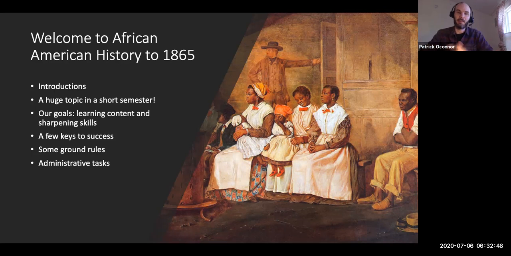And in the process of their enslavement, African Americans created a distinct culture, a culture that had not existed before in world history, and that is continuing to be central to the American experience in the 21st century, right? African Americans' experiences, ideas, and contributions to American history extend back from the time of slavery, obviously, to the present. So I think this is a vital time in our country's history to consider these experiences, to consider this history.